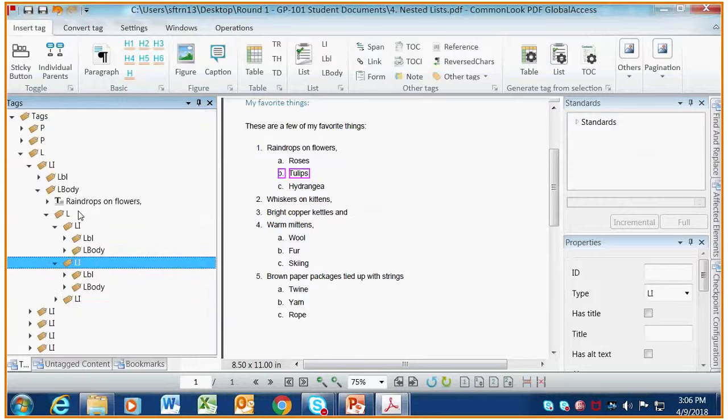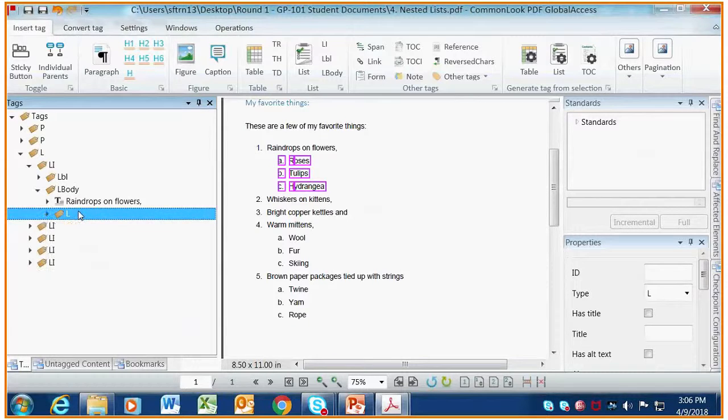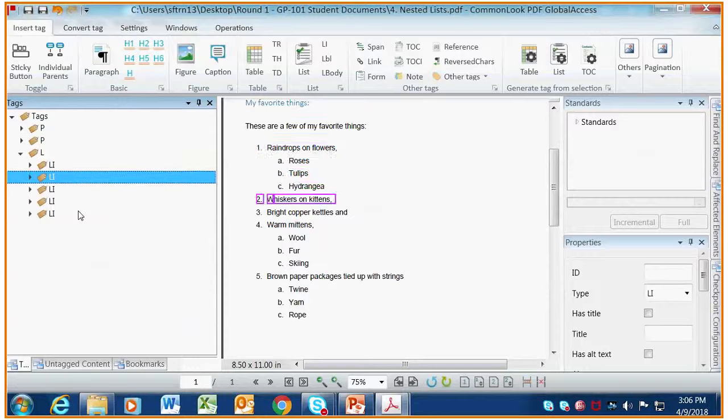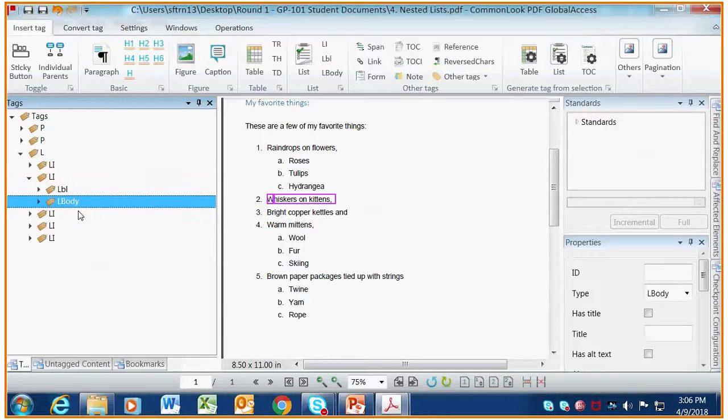Okay, so the nested list gets placed as a child inside the parent L body, right? So if you're putting together a nested list on your own, that's an important thing to remember, that the child list goes inside its parent L body. Okay, so I'm going to close up that first main list item, go to number 2. Of course, this one just has a label and an L body because there's no nested list underneath it. So that's fine. Same for the third one, right? There's my label and the L body for